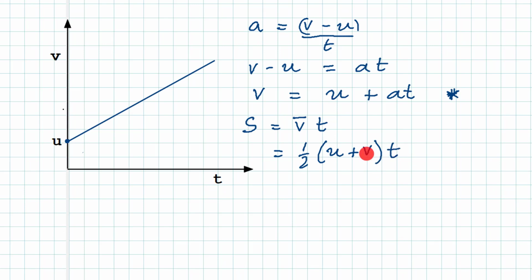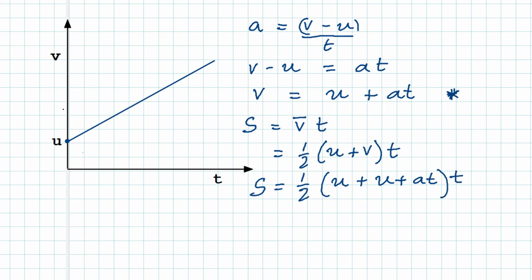Now this v here we know is equal to that v there, which is equal to u plus at. So we can exchange this v for u plus at, and we get our displacement s will become 1/2 into u plus, and it will be u plus at